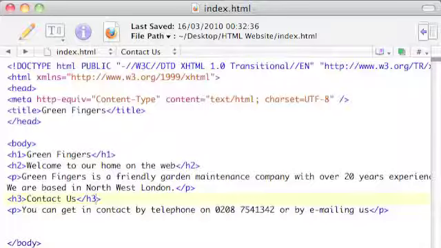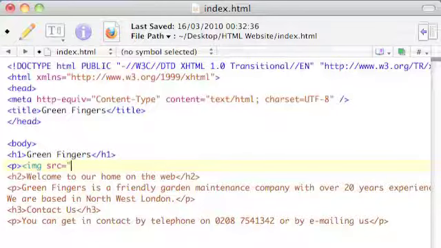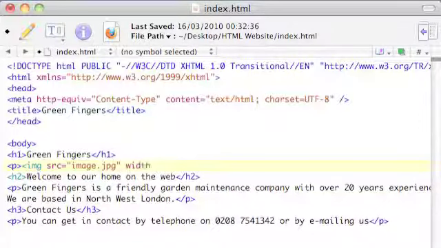The next thing to do is to insert an image. Underneath the green fingers heading, I want to put an image. So I'm going to insert a new paragraph and I'm going to write the code which will allow me to insert an image. So image source, src equals, okay, and then we put the name of the image and the extension in speech marks, like that. Then we put the width,